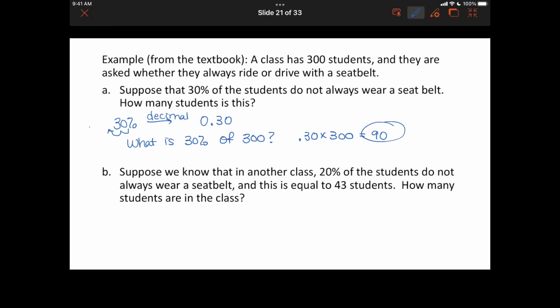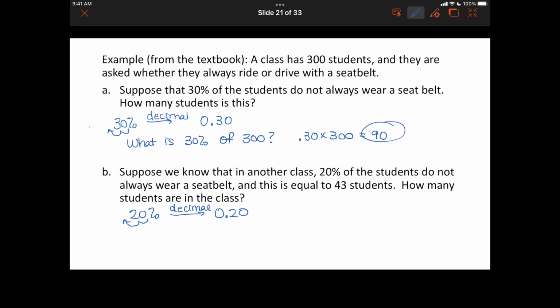Suppose we know that in another class, 20% of the students do not always wear a seatbelt, and this is equal to 43 students. How many students are in the class? Okay, so now I know what 20% of the total is in this case. So again, the first thing I want to do is convert the percent to a decimal. Again, by moving my decimal place 2 places to the left, so I get